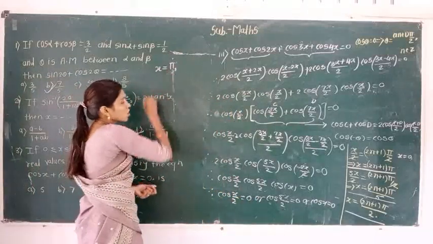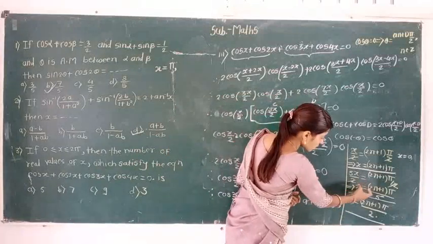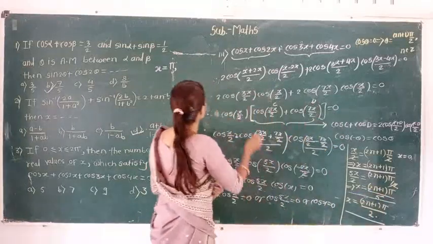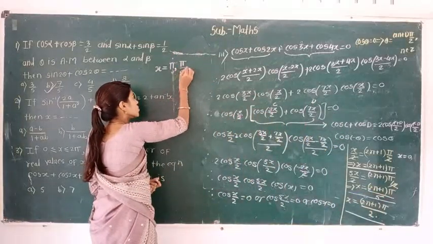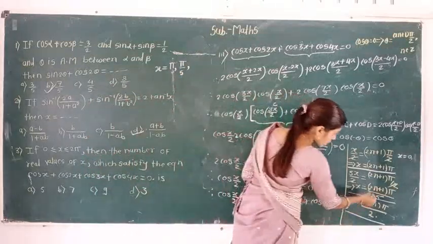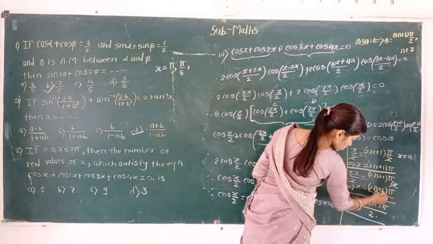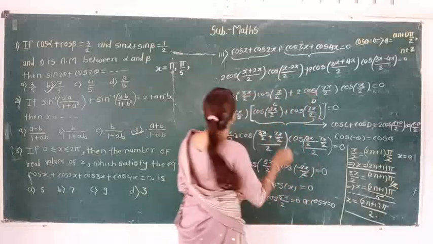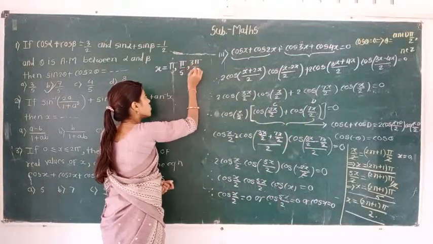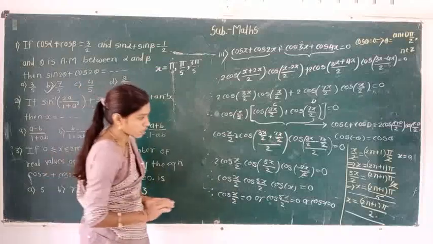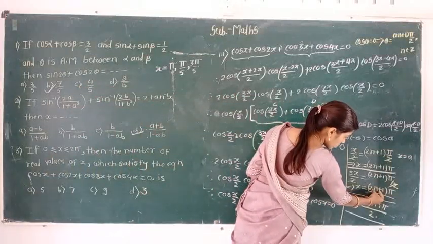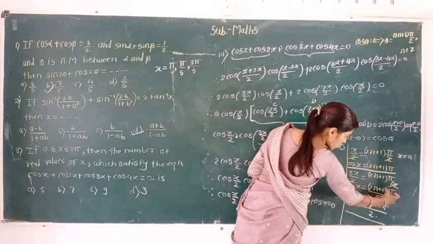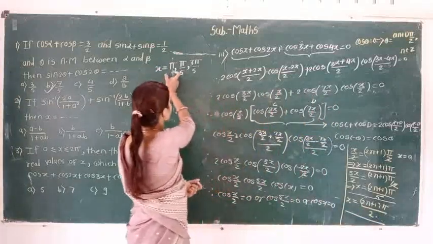Now also put the value 0 in the second solution. By substituting 0 we get π/5, π divided by 5. Then again put the value 1: 2 into 1 plus 1, we get 3, so 3π/5, and both values are lying in this interval. Now next, put n = 2: 2 twos are 4, 4 plus 1 we get 5, and 5π/5 gives π. And π can also be written.